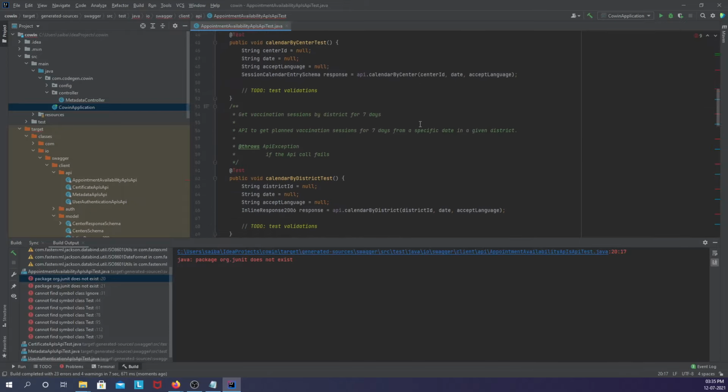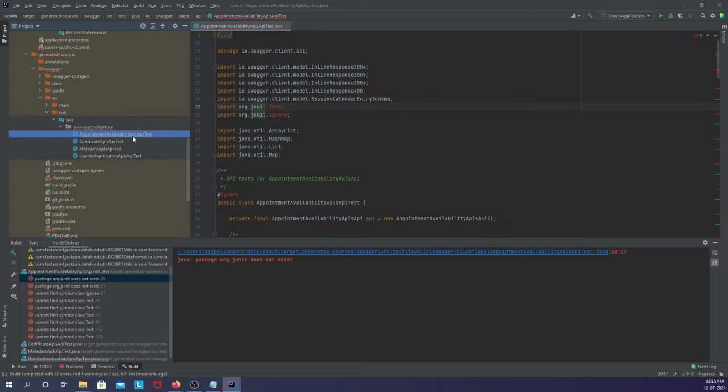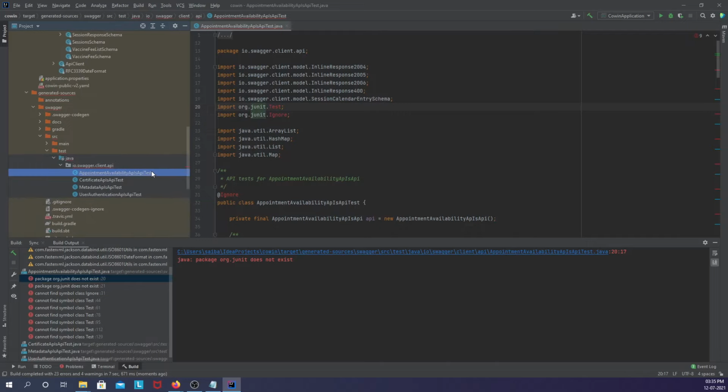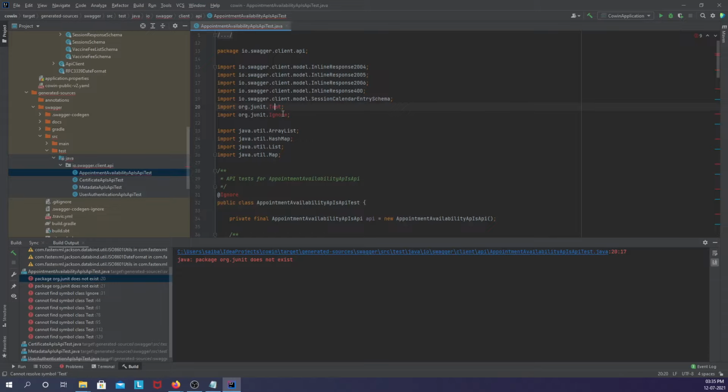Okay, looks like there is some error while starting the application. This is in the Swagger generated test classes. It is reporting that a package is not found. We can rectify this error by adding a dependency corresponding to JUnit.